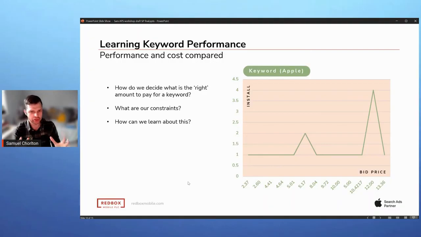And when we start running it, because we've got to account for this thing called technical relevancy, which is defined at an app level, we've got to start with a bit of a blank canvas.